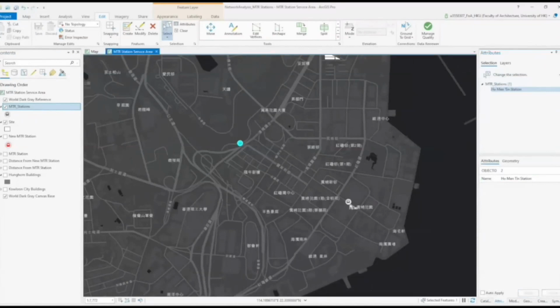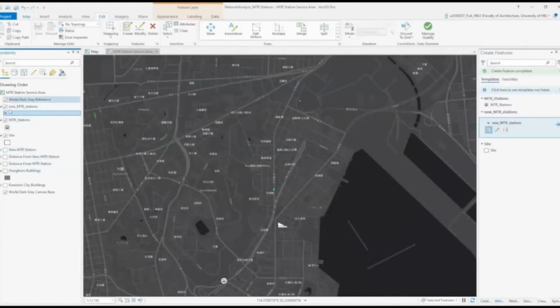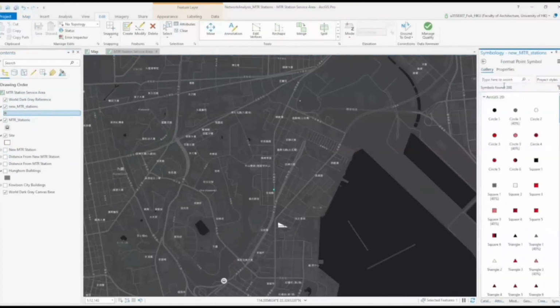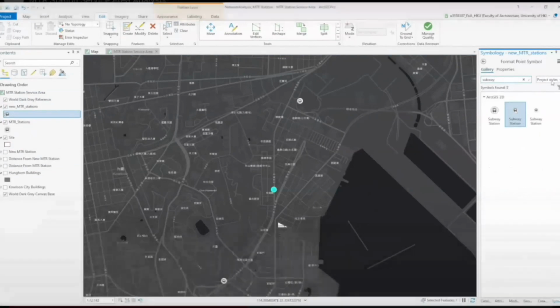So this will be the Ho Man Tin station, and you could just change the selection, click onto the other MTR station, type in the name for that station and click apply, and that's how you create the 2 existing MTR station points. As for the new MTR stations, you just repeat all the steps again. As you can see, we have already created the 2 points, but again the symbols are too small, so we'll change the symbols.